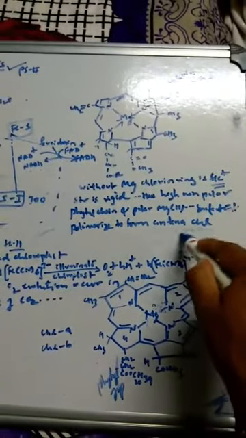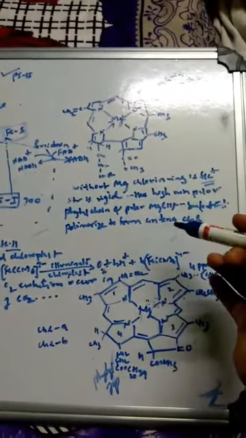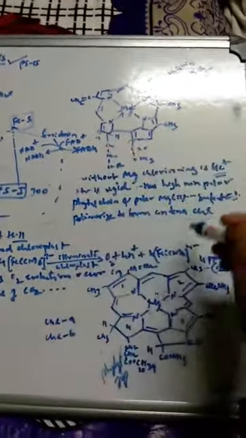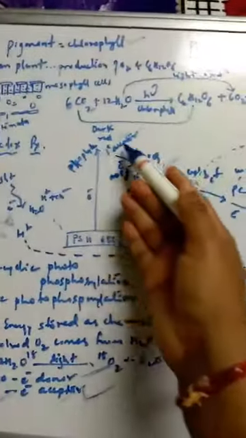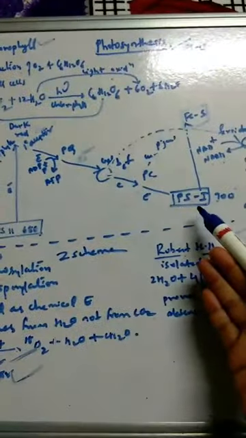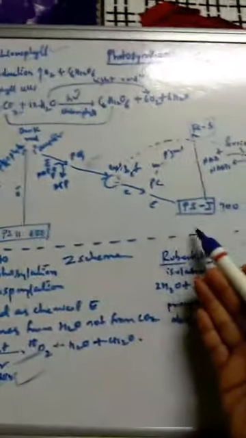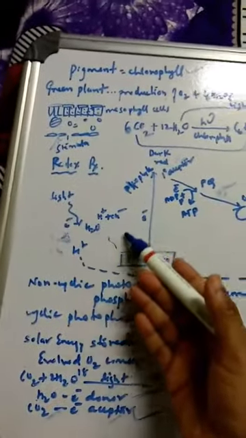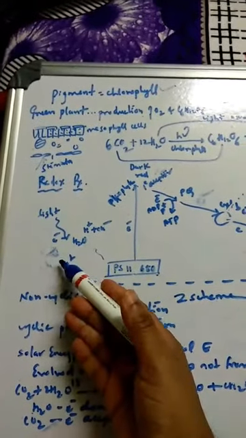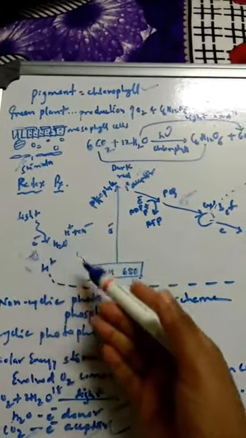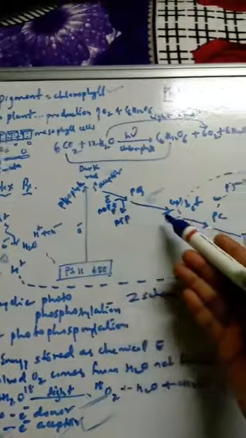Here it will undergo radical formation in the presence of sunlight, and they undergo electron generation by radical formation. That generated electron is transferred through so many electron carriers in PS2 and PS1, in the presence of water molecule, and in the presence of manganese and chloride Cl minus as a catalyst. That is how it is transferred here like this.